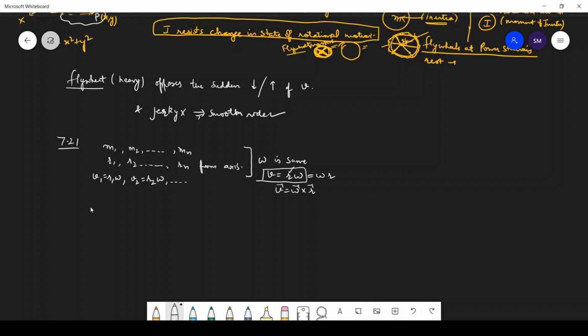Now what about the kinetic energy of this body, this mass? So kinetic energy of this mass will be half m1 v1 square. What is the kinetic energy of this mass? It is equals to half m2 v2 square, and plus so on. Now what will be the kinetic energy of the whole body? So kinetic energy is a scalar quantity. We can simply add, and adding all these quantities